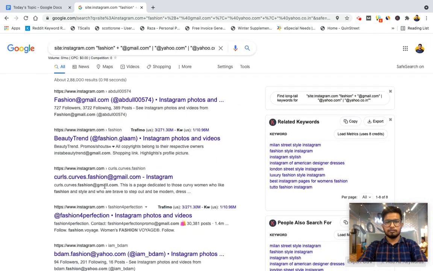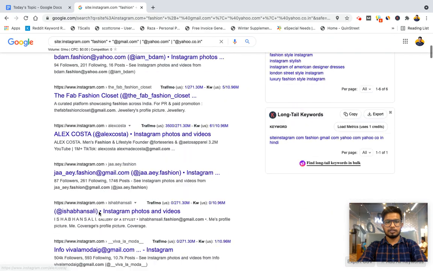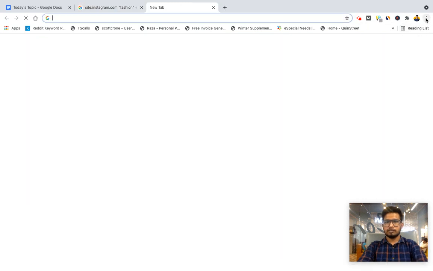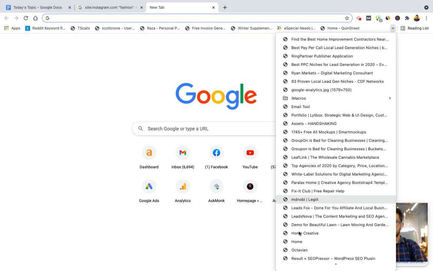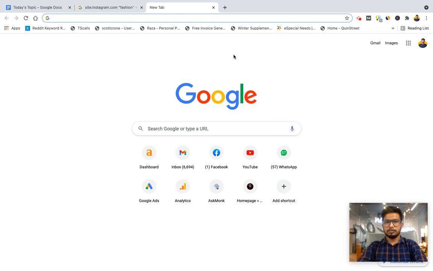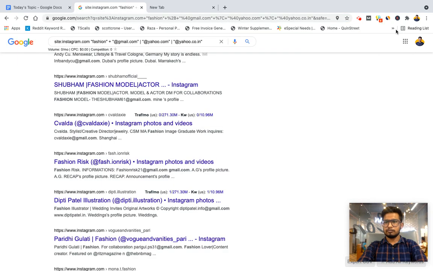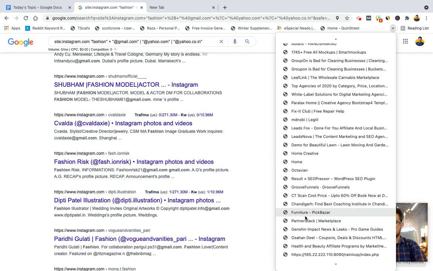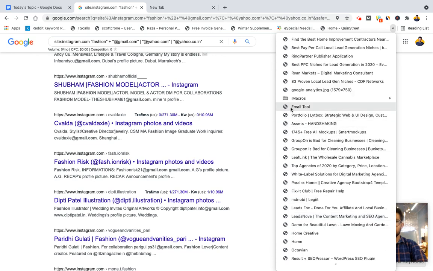Now to scrape these emails from the meta description, I have created a simple script which you can put in your bookmarks. I'll show you. I'll open a new tab. Now this is the script, Email Tool.